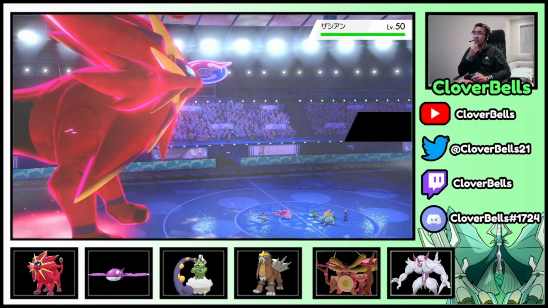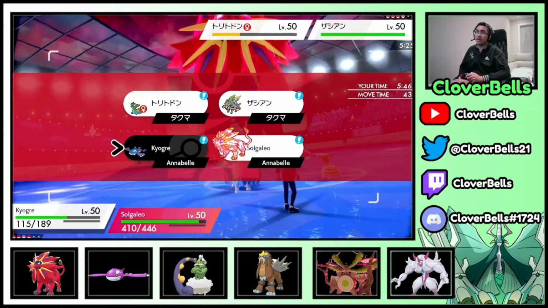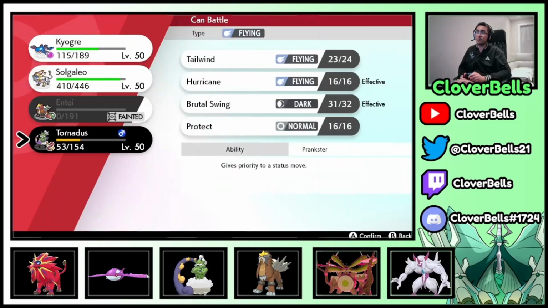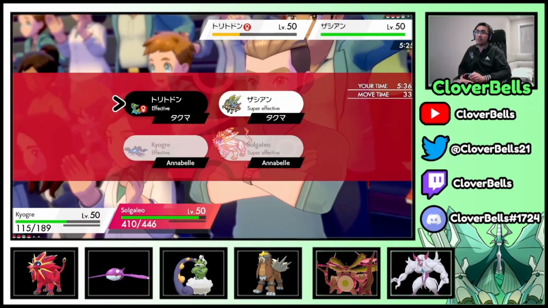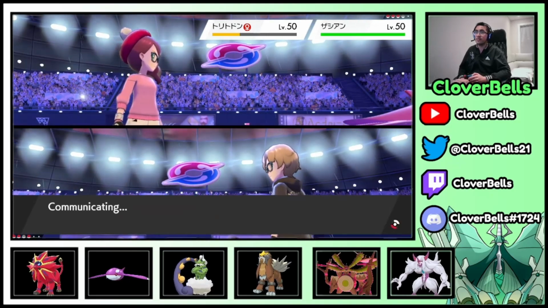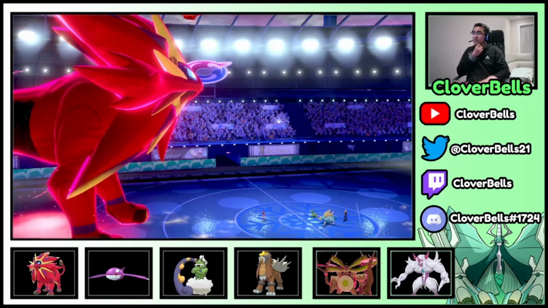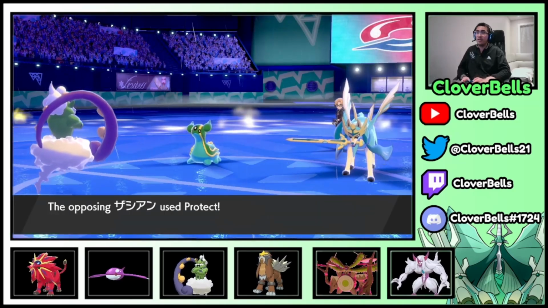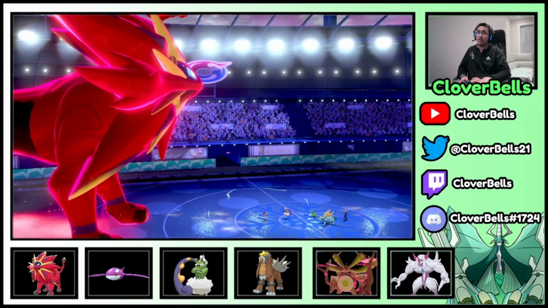Again, I want to put pressure on it. So, what is this? Last turn of Tailwind, right? So, 100% he's protecting. So what I'm going to do here is swap into Tornadus now and target the Zacian, because I need to be able to reset my Tailwind. So, we're going to bring back in Tornadus, and we do outspeed the Zacian this turn, so even if he does protect, which he does do, again, expected, this is still the correct play, and we do